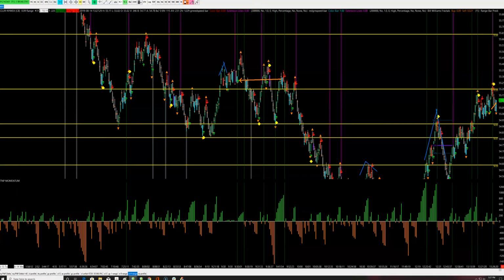Here's 930. See, most of my drawings are still there. Here's 930. The number comes out, right? And you'll see what I do is I go around through the course of the day looking for head and shoulders patterns to form, which form all over the place. There's no secret about that. But what you're looking for is the accompanying price action that helps support those moves up and down, right? So if you'll look,